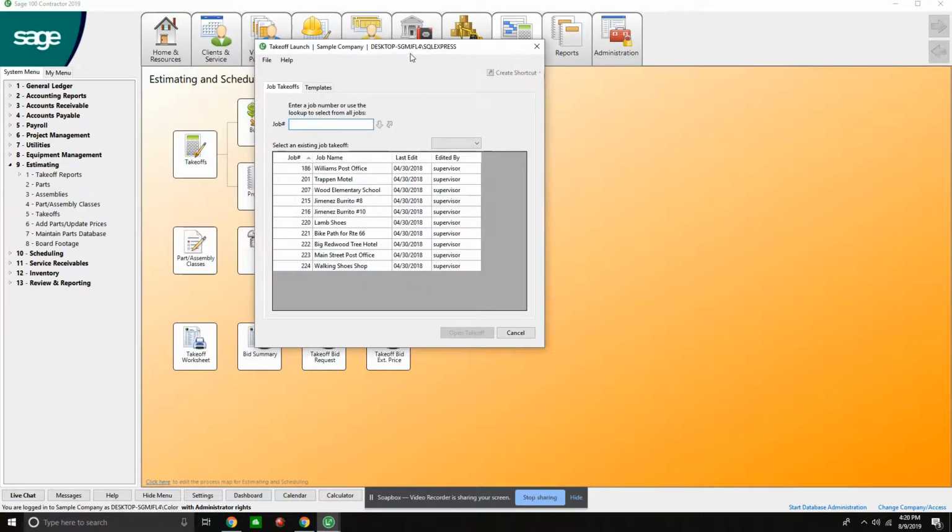We can see our original estimate. We can export this information over to a progress bill. So a lot of pertinent information comes directly out of estimating, which has a direct and an immediate impact in our accounting solution. So continuing on with our same thought process from our last class, we're going to enter in our job number.